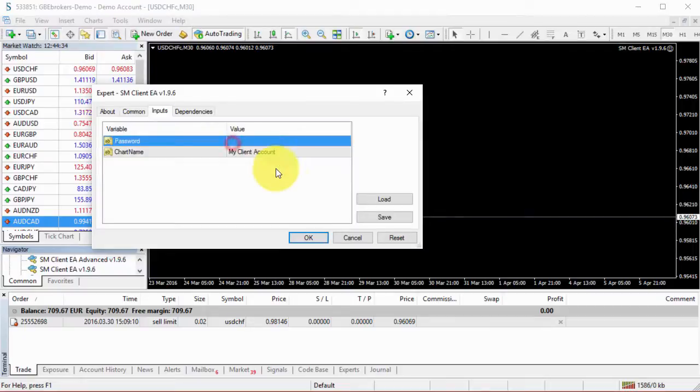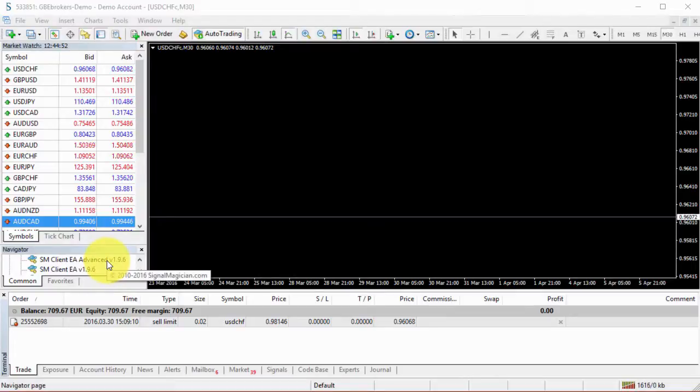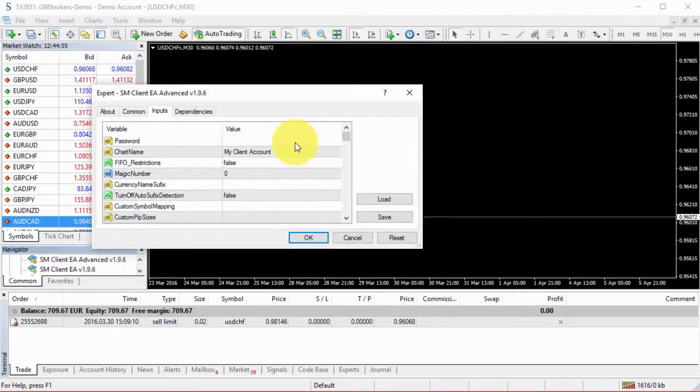So only those 2 parameters are available, and it will work in most cases. I think 95% of customers will be able to just use the simplified version. But for those who need the advanced version, you can just give them access to that. It's up to you how you give it. You can always give access to both EAs, or you can give access to the simplified version, and in case a customer has some trouble using the EA for some reason, you can just give